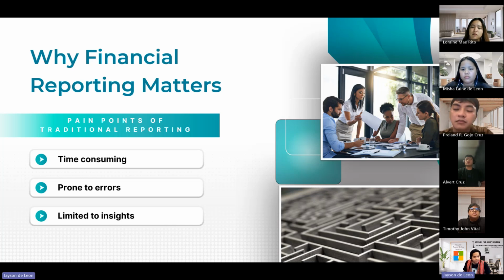What happens when reports are late? It affects the timeline and also the decision making of the group, and also the people that we are engaging with.